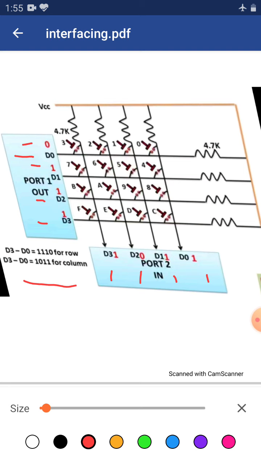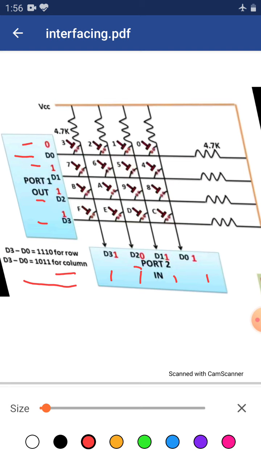Now, which key is being pressed? In this row there are 4 values, 0, 1, 2, 3, so there are 4 keys. So, we are confirmed that in these 4 keys one key is being pressed. Now, with the help of the column we see D2 is having value 0.